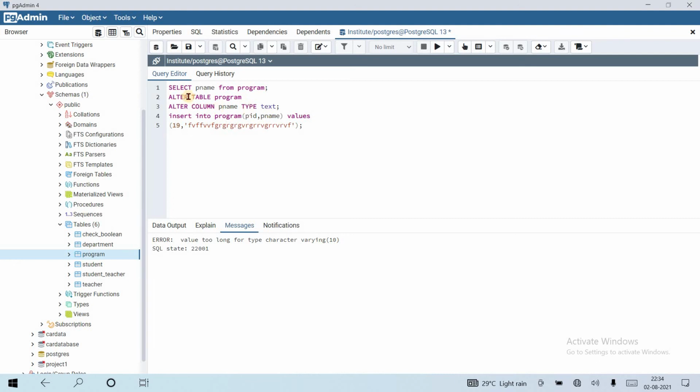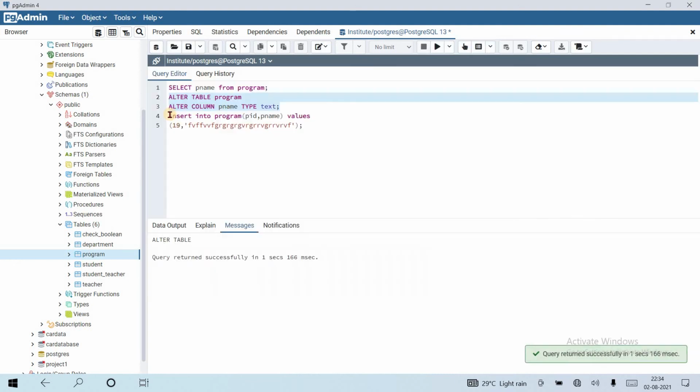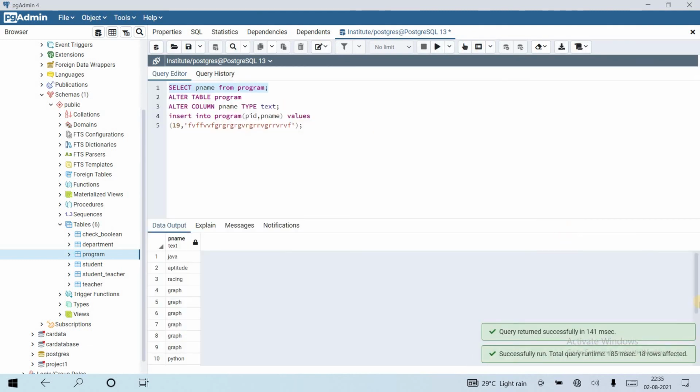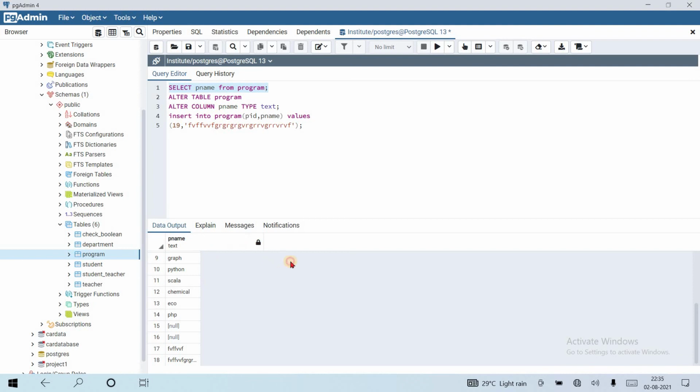Yes, but we haven't updated this to text. Yes, we alter this to text and run the query and see the data is entered. Yes, the value is inserted. Okay.